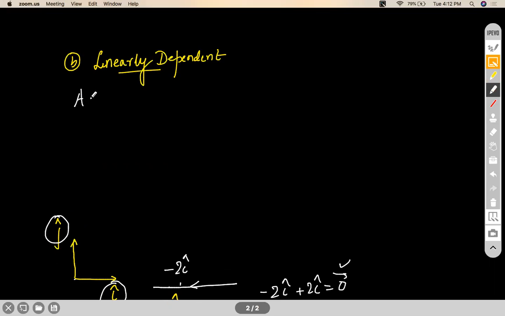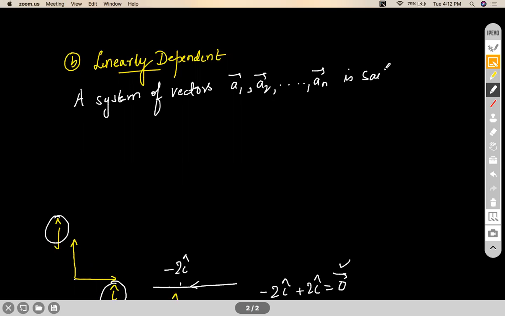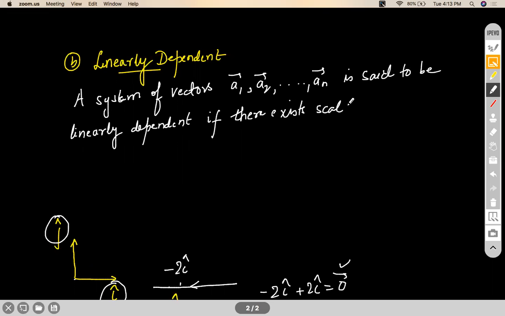A system of vectors a1, a2, dot, dot, dot till an is said to be linearly dependent if there exist scalars or scalar quantities m1, m2, dot, dot, dot till mn, not all 0,